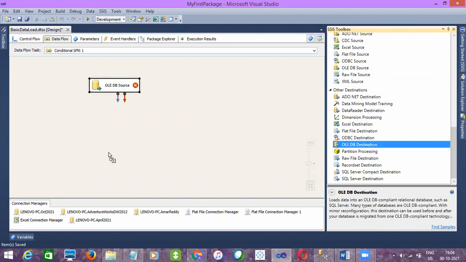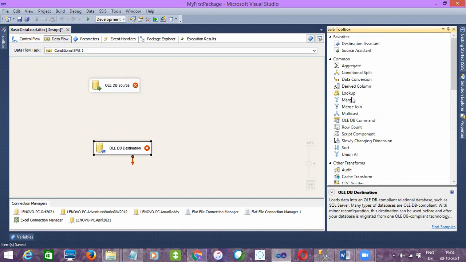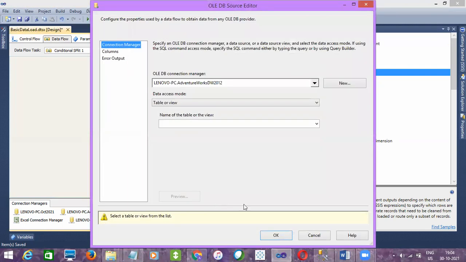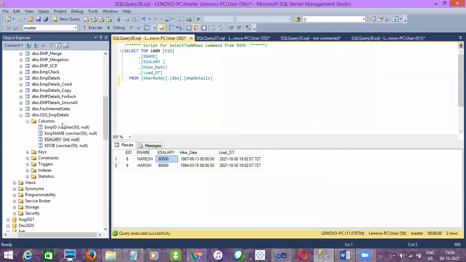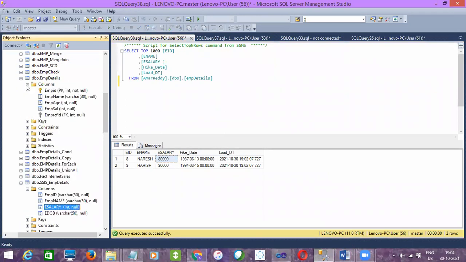Let me take only one destination and we'll see, and then conditional split. And now let me choose the data table.